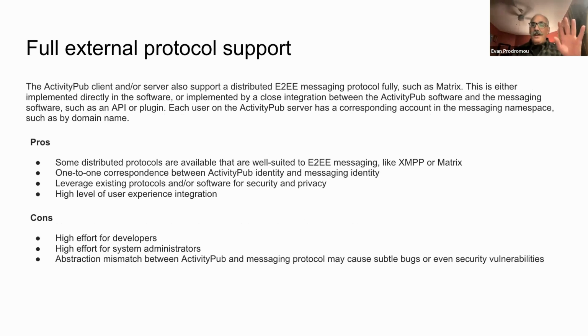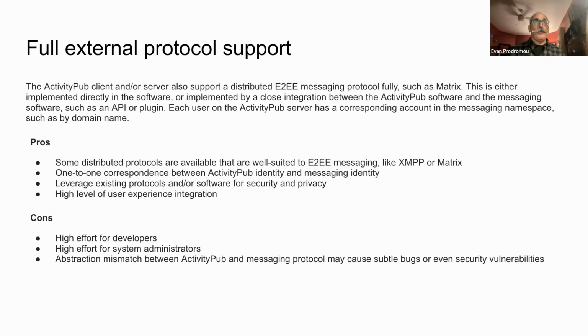Another option that we definitely heard from quite a bit was that there are other end-to-end encrypted messaging systems. XMPP is a messaging system. Matrix is another messaging system. So the idea would be you take an entire ActivityPub server, you take an entire Matrix server, you mash them together or overlap them, and they become this kind of unified structure. Again, there's impedance mismatch between the user structures, the way those two systems work, the way that authorization and authentication work. We felt it didn't make as much sense, probably going to introduce quite a few